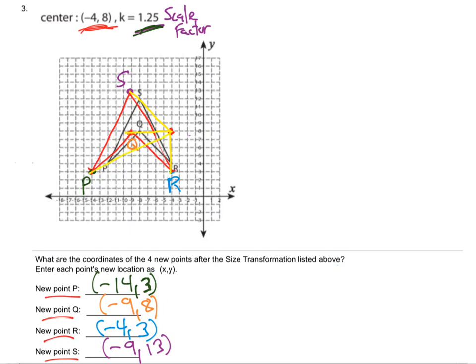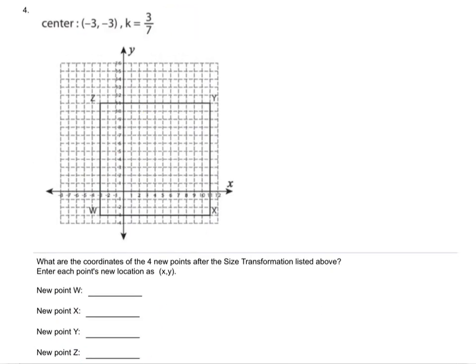See how it just expands a little bit from the old to the new. There we go. All right, one more, number 4. So again, we've got a center of -3, which is actually this corner right here. And we're going to take this, is it a square? Looks like a square to me. And we're going to do the scale factor